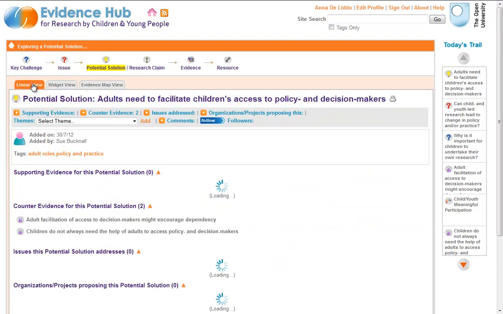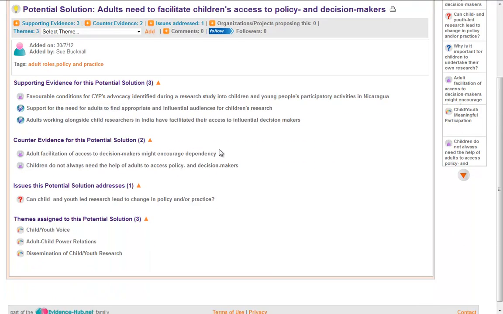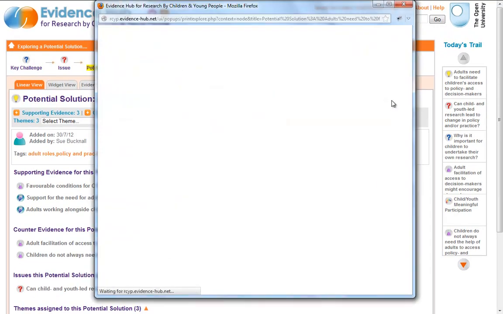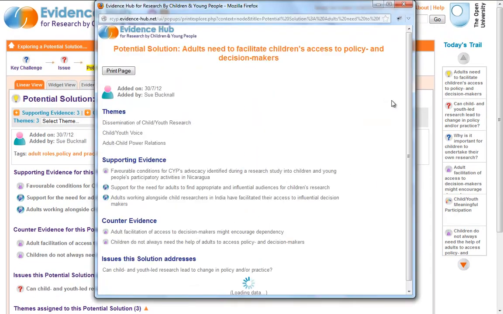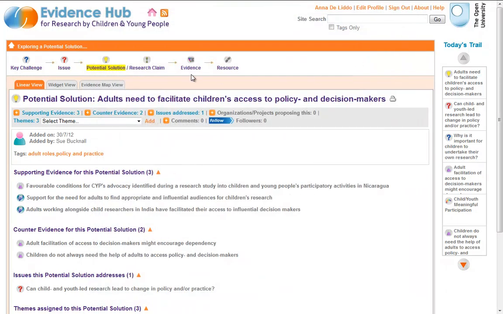This can be browsed as a linear view, which looks more like this, where the supporting evidence and counter evidence are all grouped together. And if you wish to, you can print this out in a form that could be pasted into a Word document or some other environment. But we also have this thing called the evidence map view,